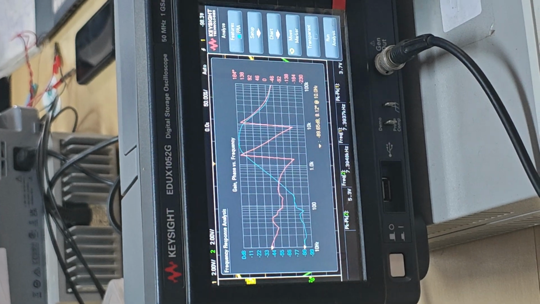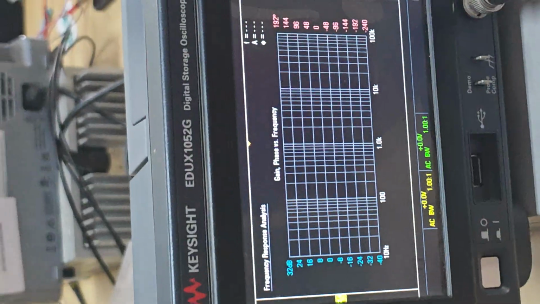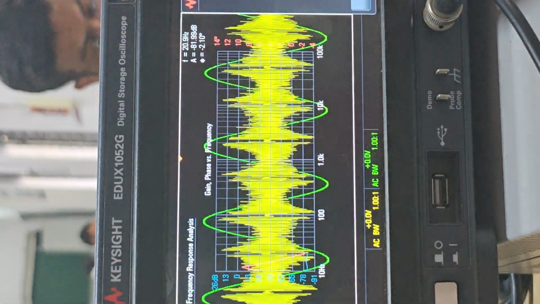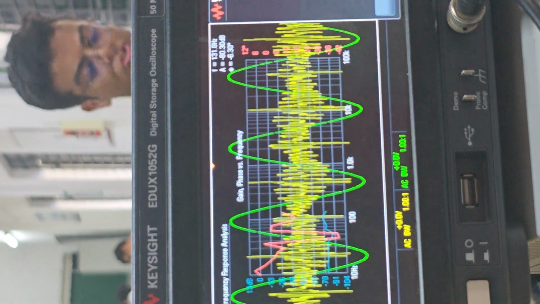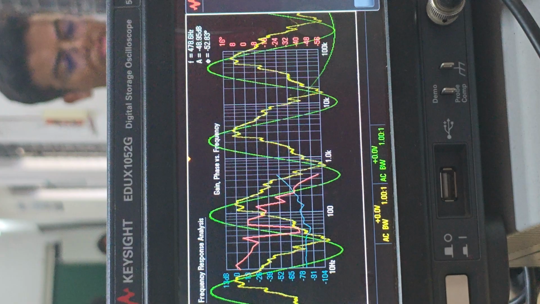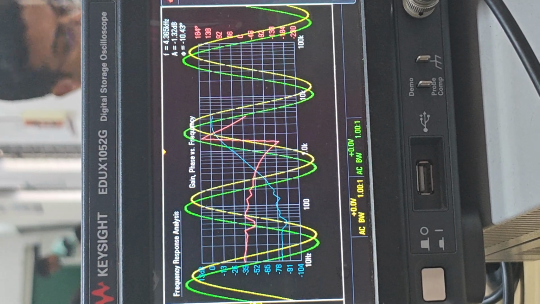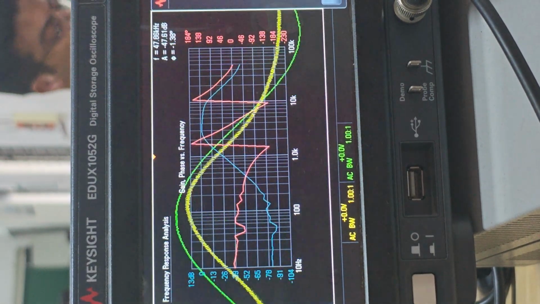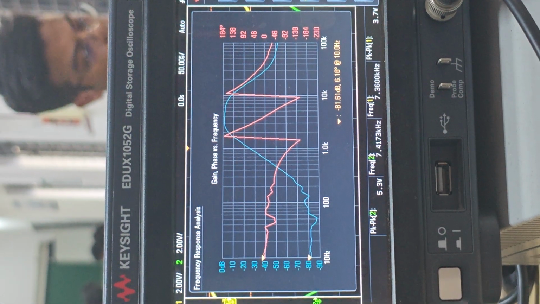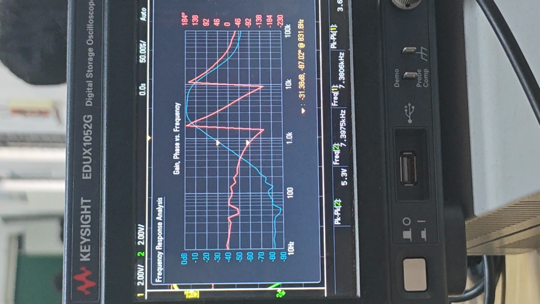So as we plot the frequency response analysis of this filter, we can see the green line is the magnitude response and the red line is the phase response of this Butterworth filter.